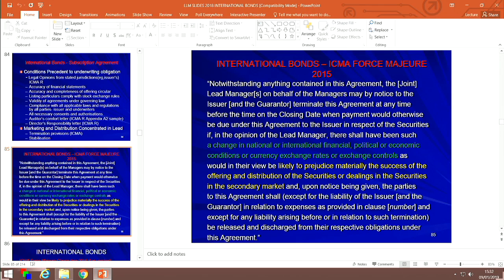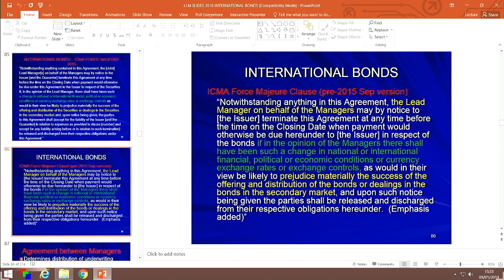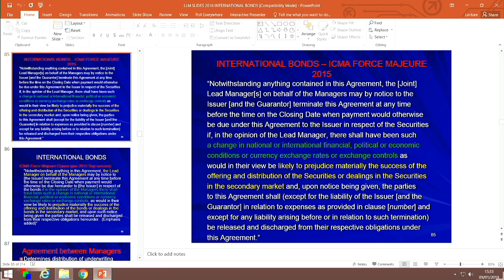And if those of you who even remember hearing about this, the collapse of the European exchange rate mechanism, when countries like Denmark had to raise their interest rates to 800% overnight to keep their currency stable. This was years ago, prior to the introduction of the euro in year 2000. So it's a while back. Question, was this clause, or I can tell you the clause that existed then, it was very similar, the pre-2015 clause, was it triggered by any lead manager? Answer, no. Now you've got to ask yourself, why do we have the clause then?